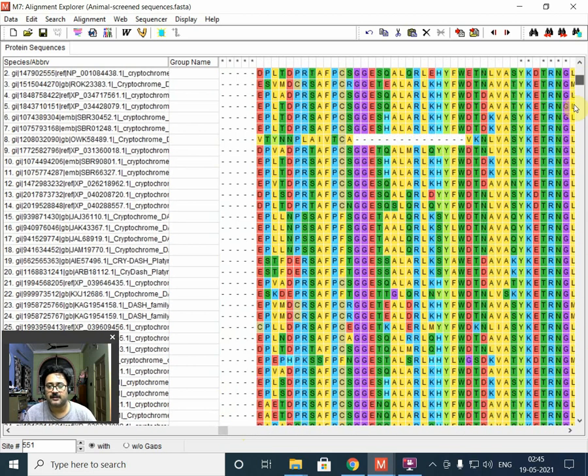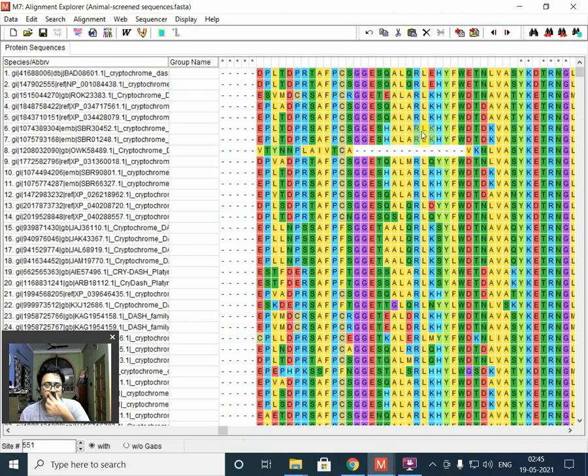Again, we probably had one such region during our last video also, when we were using this MUSCLE. As you can see, the species which were creating nuisance during this alignment were present yesterday and are present today at exactly the same place. We don't remember the nucleotide or amino acid number, but they are present in the same orientation.